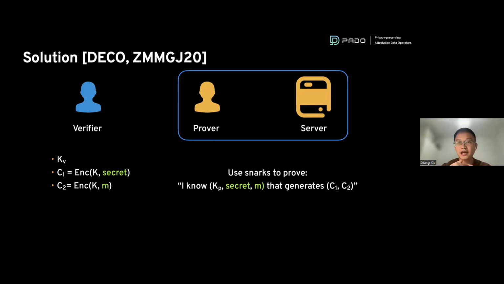So it means that the C2 is not random ciphertext; it is actually generated in the TLS session. In general, I think the DECO protocol gives a very nice solution by using 2PC and a somewhat tricky way to commit the ciphertext. And this kind of protocol will work for the whole problem. But